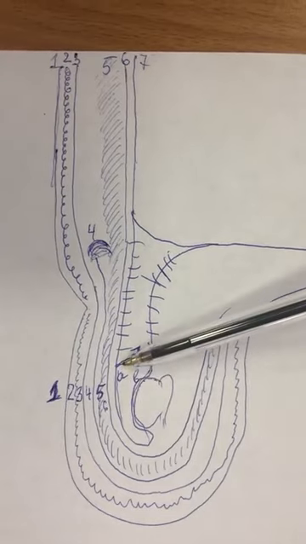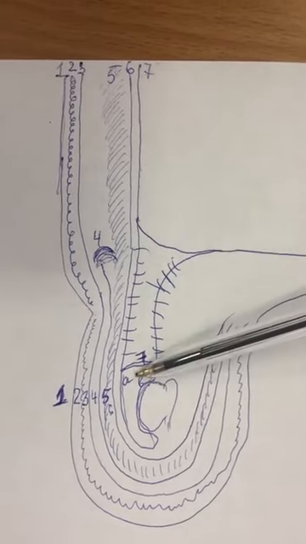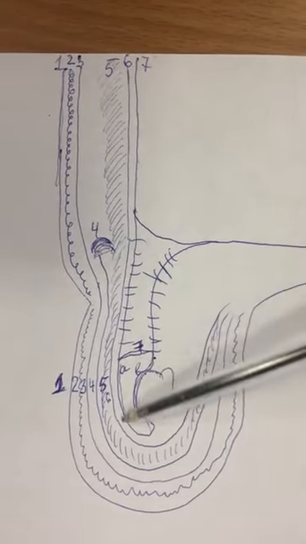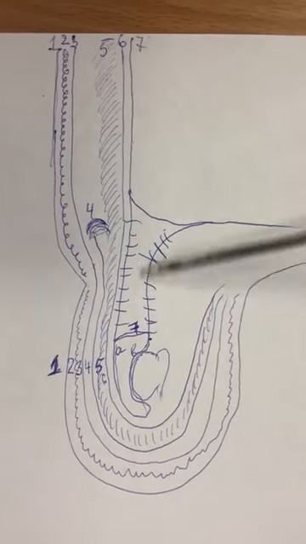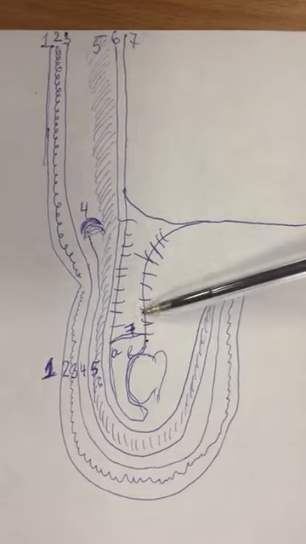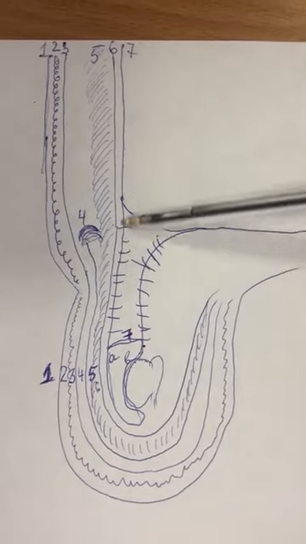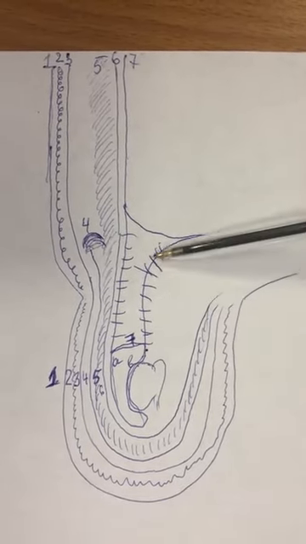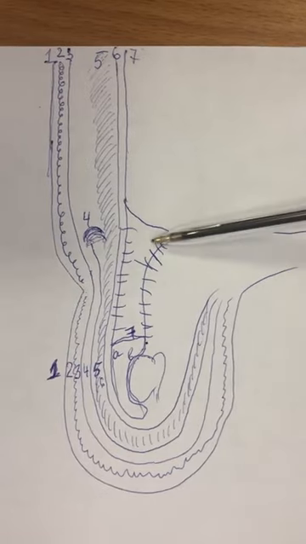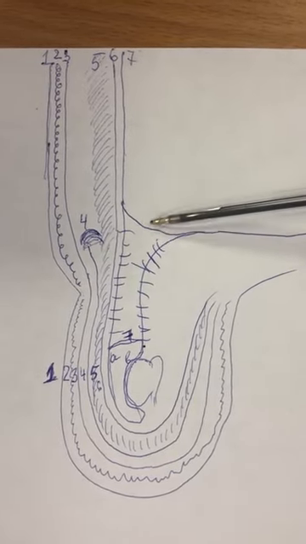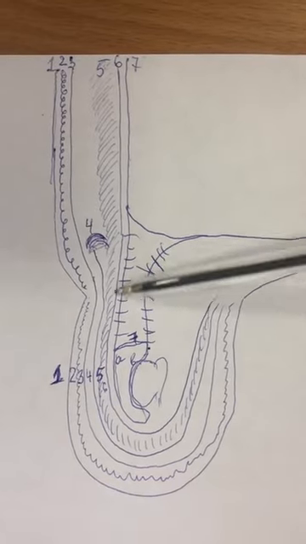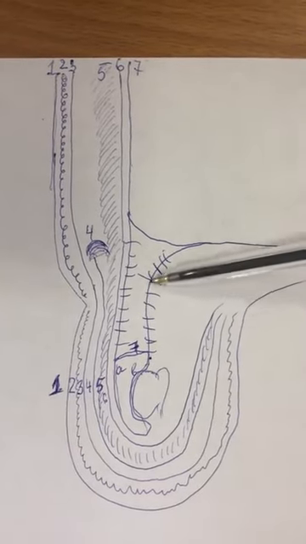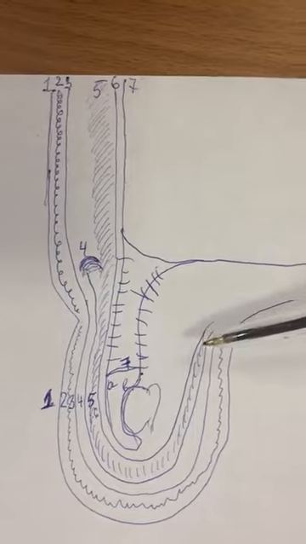Sometimes after the descent of the testes, communication between this cavum vaginalis and the abdominal cavity is present. Sometimes the peritoneum is not reduced, and the processus vaginalis is present, and in this case we will see an opening on the anterior abdominal wall in the region of the deep inguinal ring. In this case we get a hernia, an inguinal hernia,